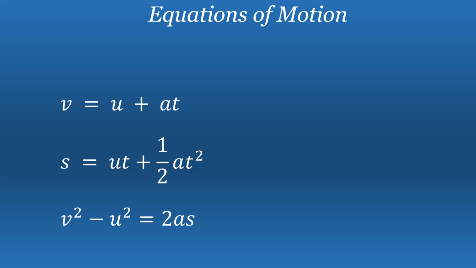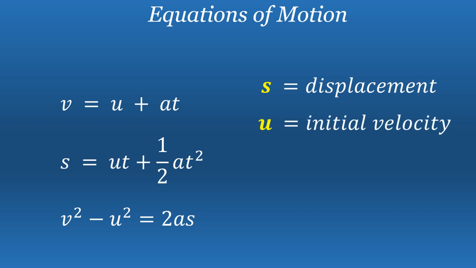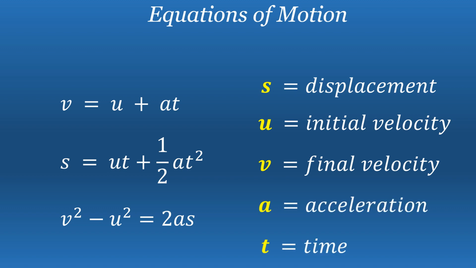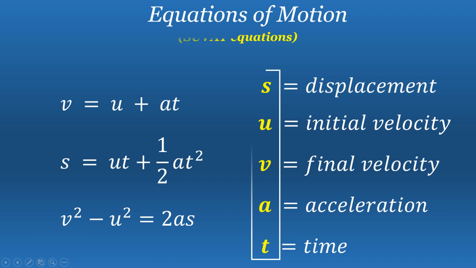These were derived by the famous person Galileo Galilei. In these equations, you can see some terms: v, u, a, t, s. Here s stands for displacement, u stands for initial velocity, v stands for final velocity, a is acceleration, and t is time. From these we formed the acronym SUVAT, therefore these equations are also called SUVAT equations. We will discuss the derivation of each and every equation of motion.